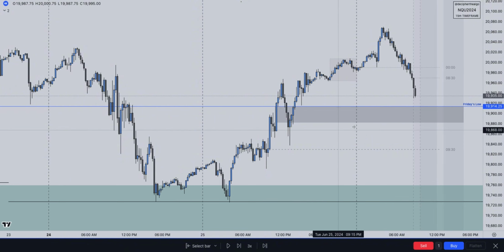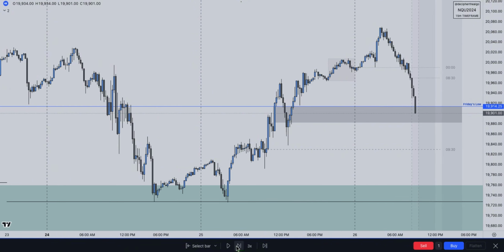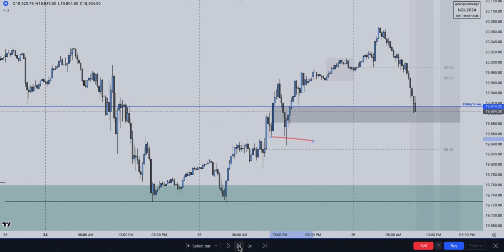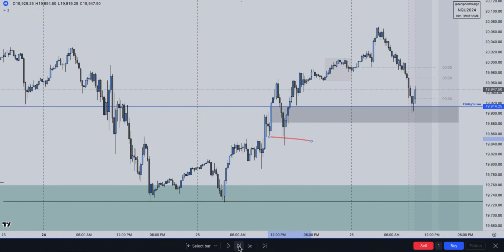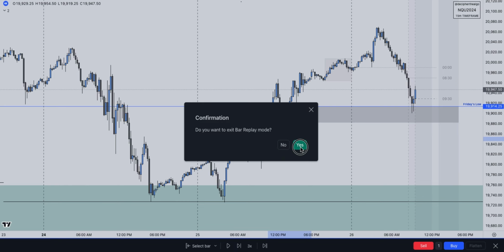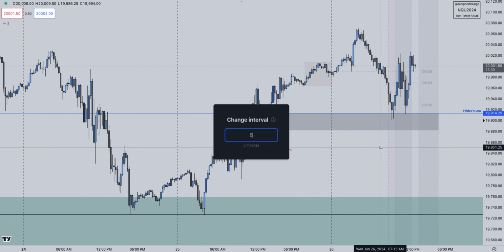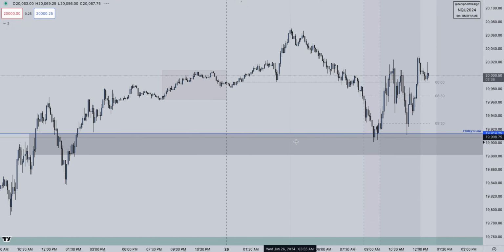So heading into today, how could you have traded this? Technically, you could have just traded off the 15 if that fits your leverage, or if you wanted to use micros. I don't prefer to do that. I don't prefer to take an unconfirmed entry. I would look at the lower time frame. So if we hop out of here and drop to the 5, you see some early reaction here, and you see a rally, right? And you could have maybe taken this 5-minute entry and targeted some internal range liquidity.